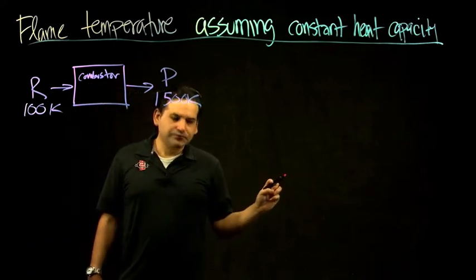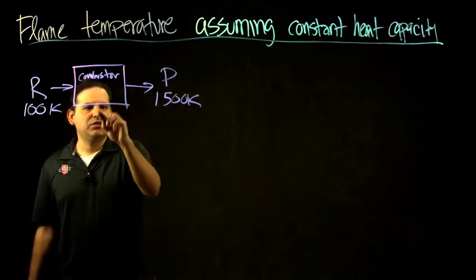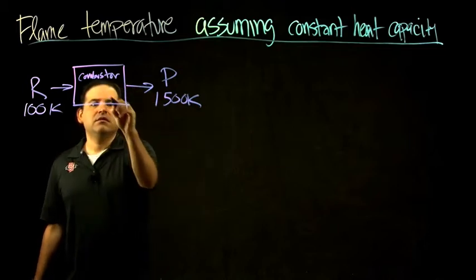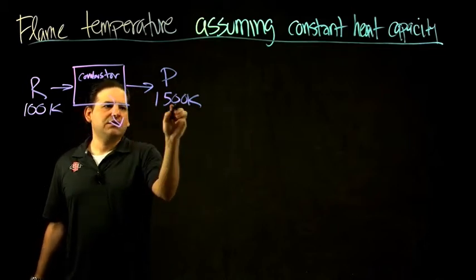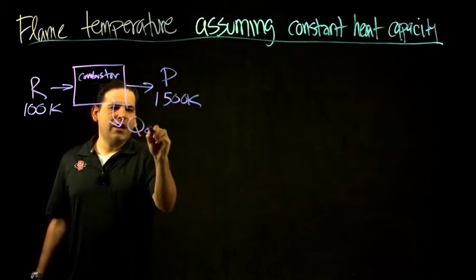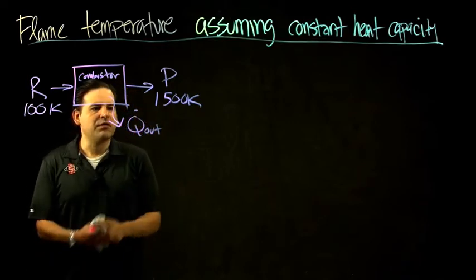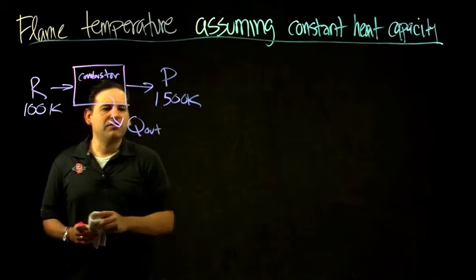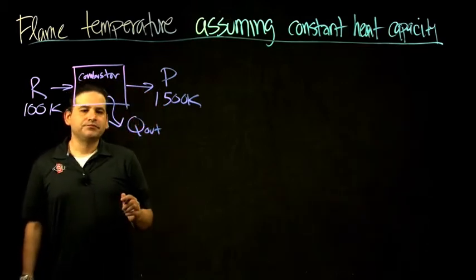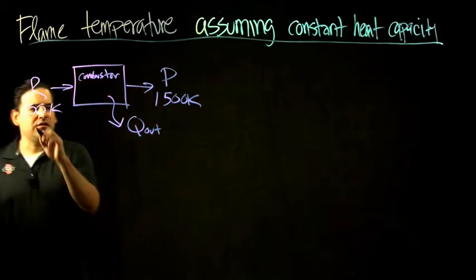And what would happen is that in between there's some process and there's some heat out, or just some amount of heat, it's not a rate, that gets out of the system. So given these temperatures